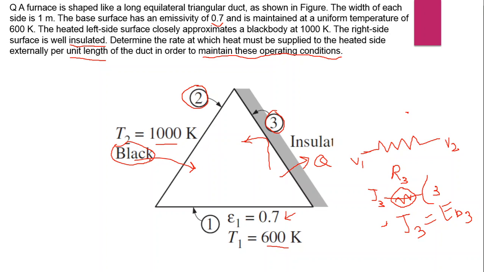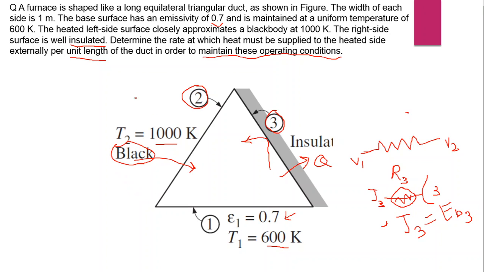Same way for black body, there won't be any surface resistance for black body. Why? This I will leave for students to think. If you have any problem, you can ask me through Google Classroom or WhatsApp. But if you study previous lectures again, then you will know why there will not be any surface resistance for black body. So you must revise.